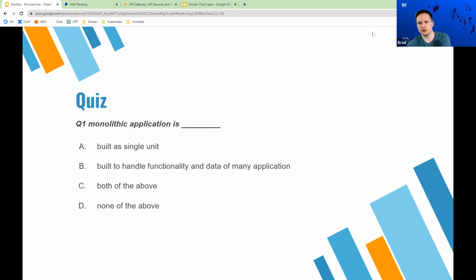So question 1, fill in the blank. A monolithic application is built as a single unit, built to handle functionality and data of many applications, both or none. And everyone is saying A, and everyone C, built to handle functionality.